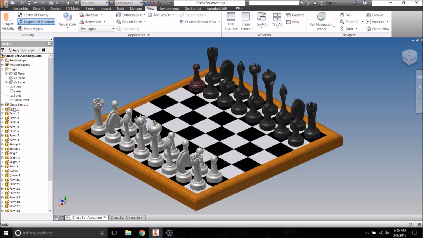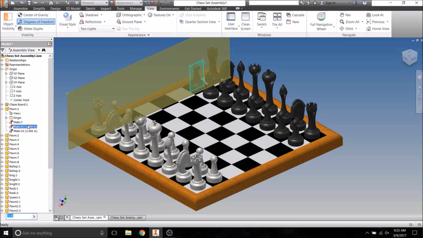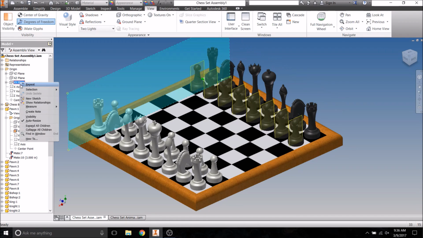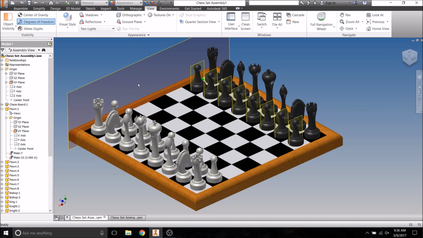If you forgot to constrain something, like let's say I forgot to constrain this pawn from moving laterally, there would be a green arrow on it. So I would then need to, I can just undo, but I'll go ahead and constrain it to the plane that it's supposed to be constrained to